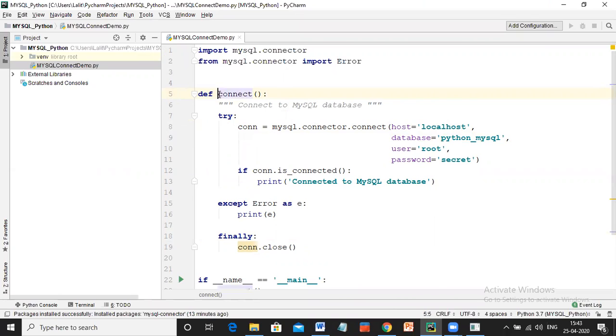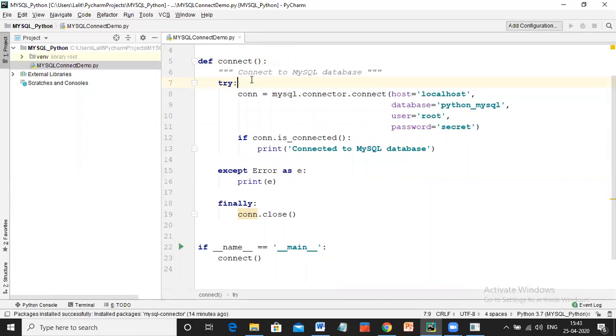Okay. You can see this connect. It's not a predefined one, it's a user defined function. I have created a function named connect. You can name it anything. I just wanted to keep it relevant, so I made a function named connect. This is my function. I have named it. This is not something which is present in Python. As a programmer I have created this function, and in that